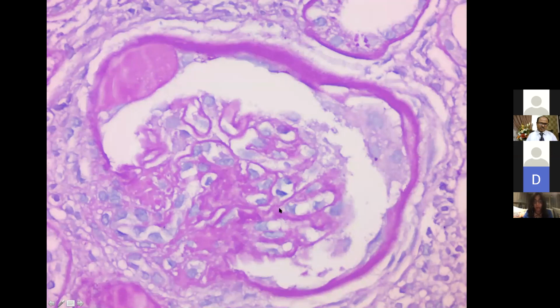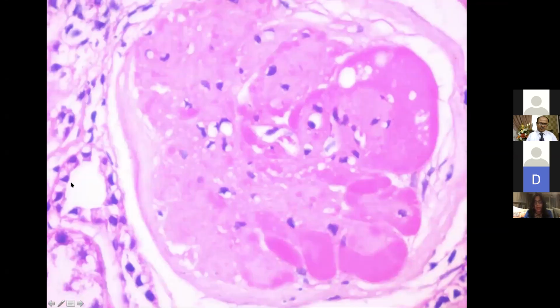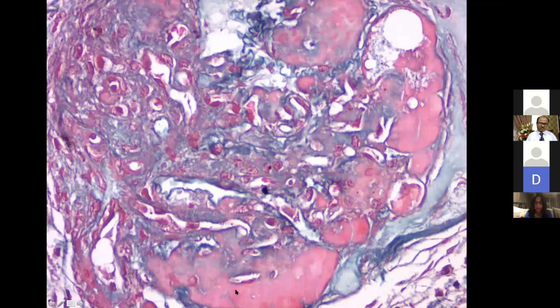And this is also a diabetic kidney. There is hardly any mesangial expansion here, and the glomerulus is ischemic and slightly shrunken. But this is diabetic kidney disease, and you can see here very nice hyaline caps, extensive hyaline caps here again with the trichrome. You can see the hyalinosis and the